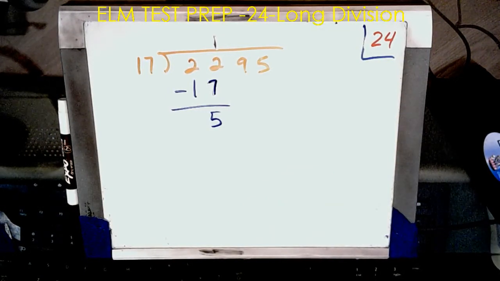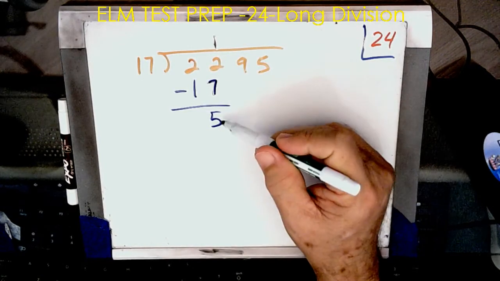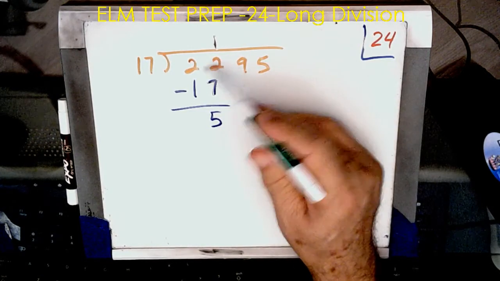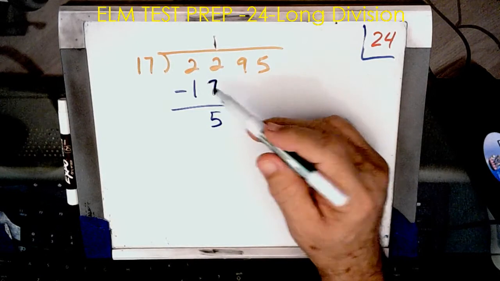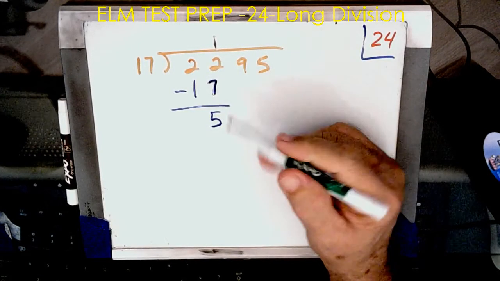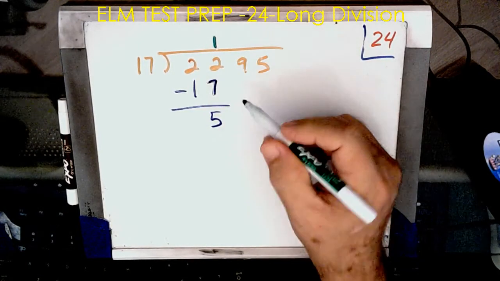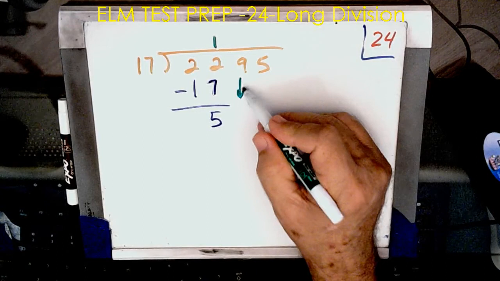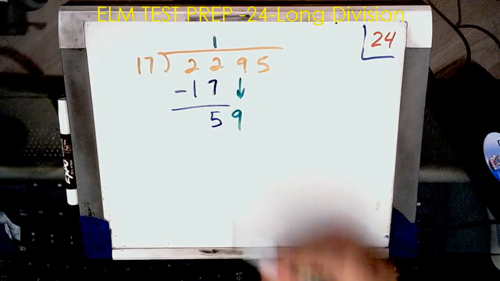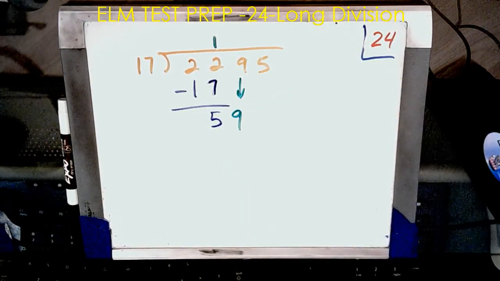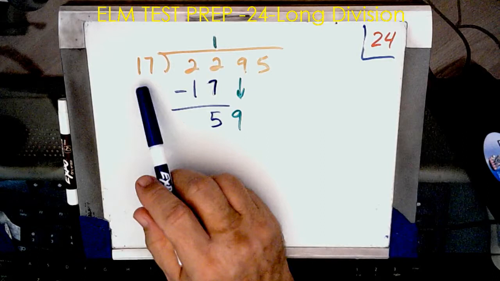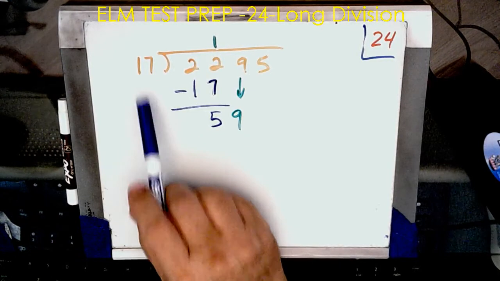Some people may be a little quicker and just say, oh yeah, that's obviously 5. Well, I can go backwards and say 5 and 7 is 12 and carry it over. But in my subtraction, maybe I'm not that fast, which I'm not. So now I'm going to bring down my next digit, 59. I'm going to divide 17 into 59, and again, I estimate this to be a 20 and this to be